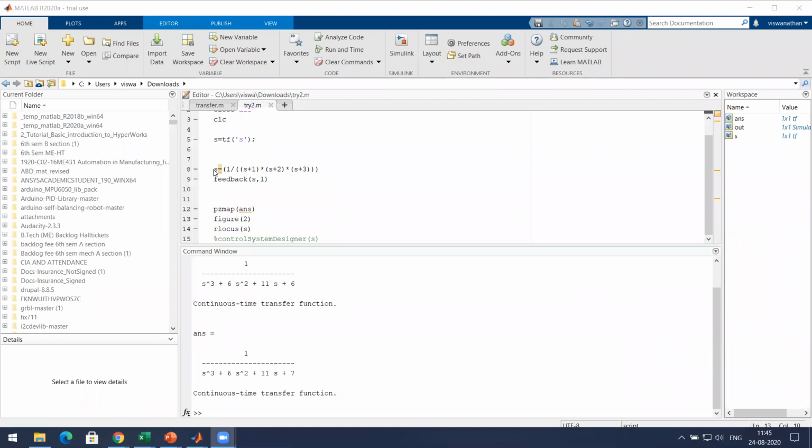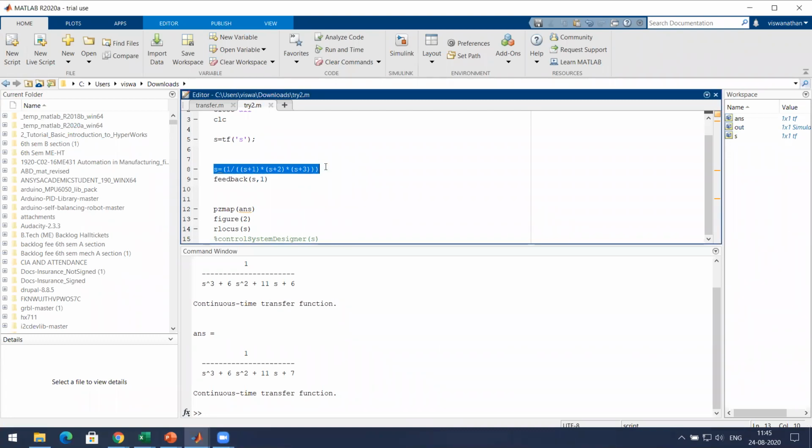What have I written? S is equal to 1 divided by the same transfer function, and then the feedback of that, closed loop. You know up to this, the root locus, how to plot and all those.